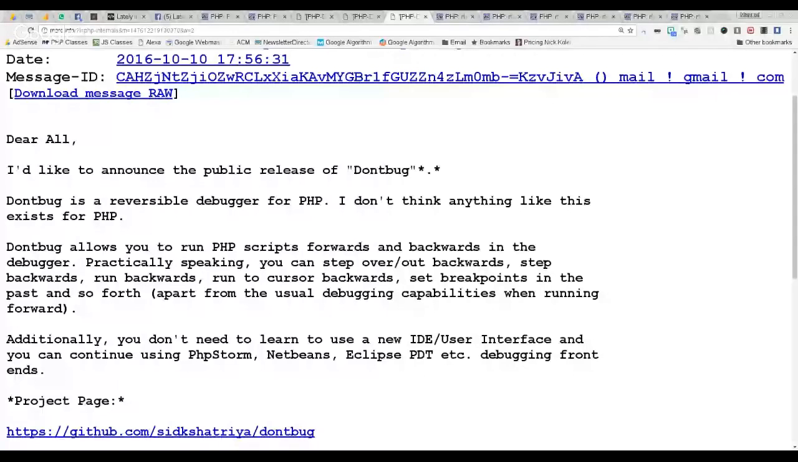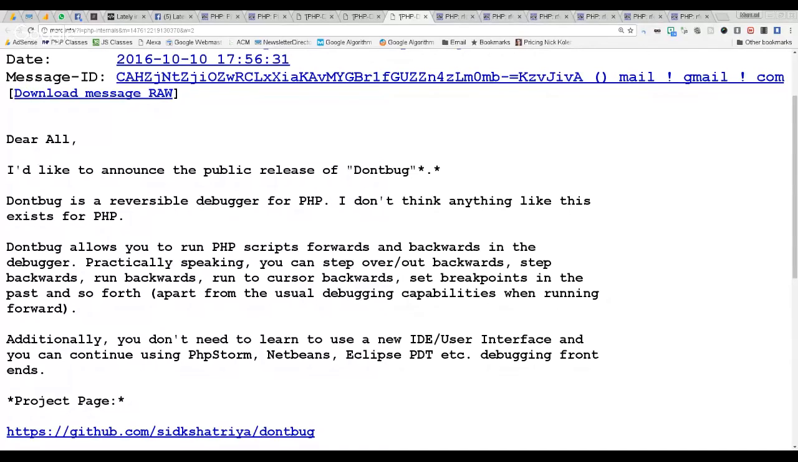Okay. So this is the announcement. I'm not sure if this is a fork of Xdebug or something. Probably it is. It is called "Don't Bug." Why "Don't Bug"? I don't know why the name is called that. But basically,